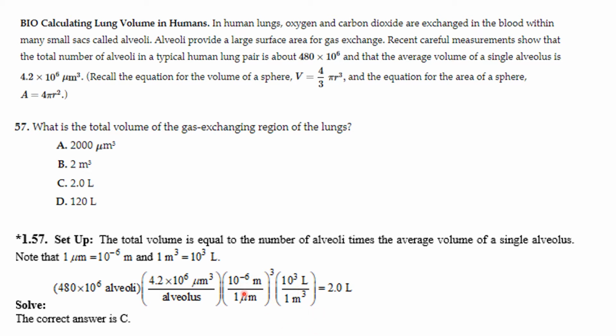And then I have to change cubic meters into liters, and we know that 1 cubic meter is 1,000 liters. And so we make that conversion, and when we do all of this, we get 2.0 liters,